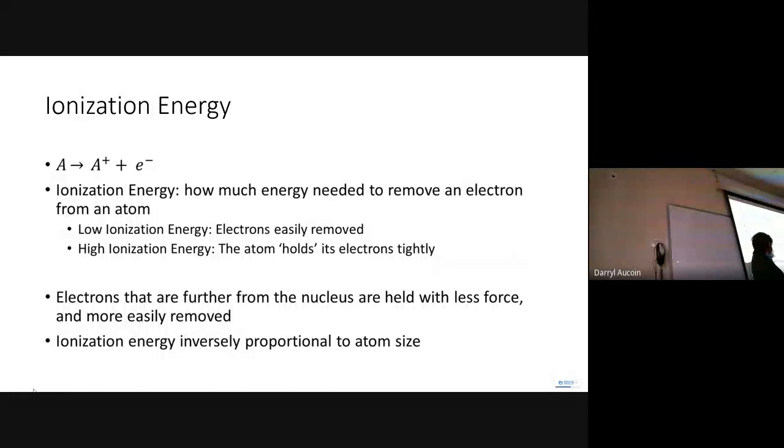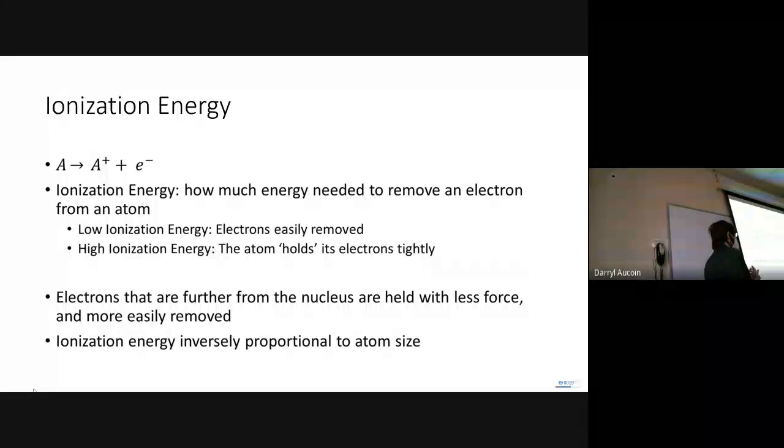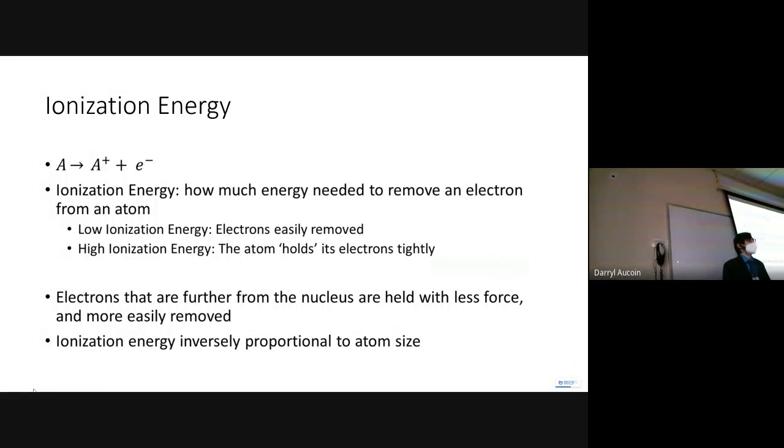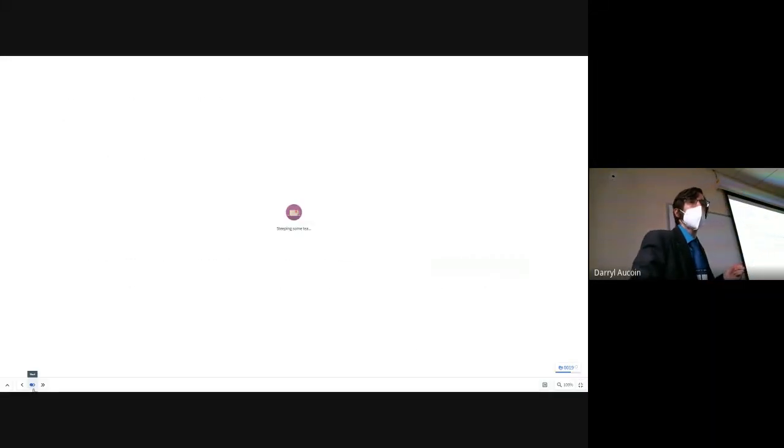And we show that by saying they have a high energy, a high amount of force, a high amount of energy is needed to take those electrons off. So the farther away they are, the easier it is. The lower energy, the lower amount of work you have to do. The harder it is, the more work it takes. So generally, if we know from before,